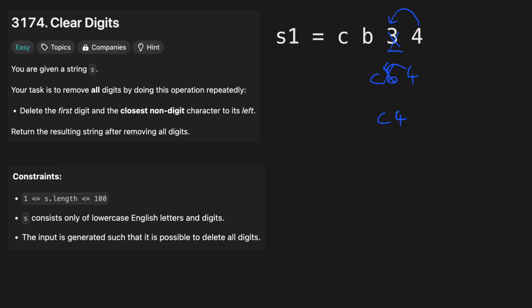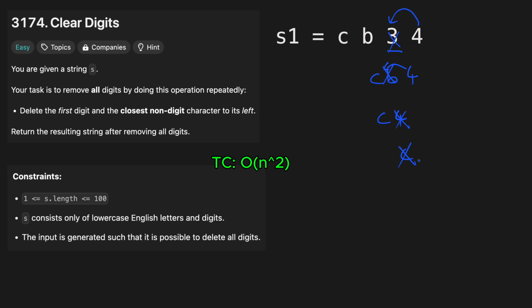Again we see a digit 4, so we remove it and then our string becomes c, and then we also delete the non-digit character on the left. So now our string becomes empty, and now we are done with all the characters, so we will return the empty string as our answer. And the time complexity of this approach is O(n^2) in the worst case,